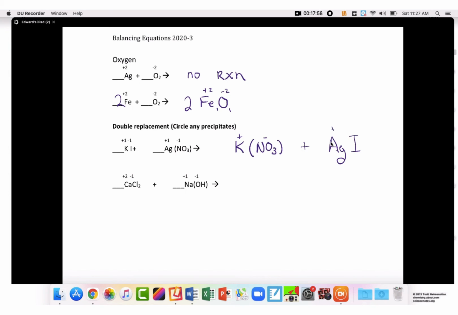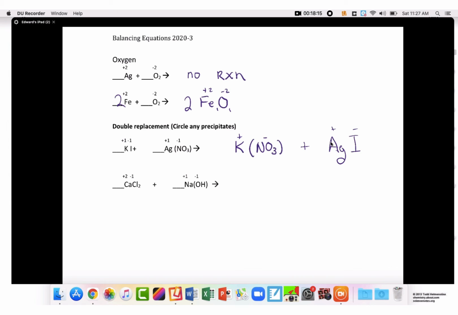Plus 1, minus 1. So we don't need any subscripts in this one because they're plus 1 and minus 1. And because of that, there's nothing different, so it's all balanced out. All right, I'll balance the other one first, and then I'll go back and open up that